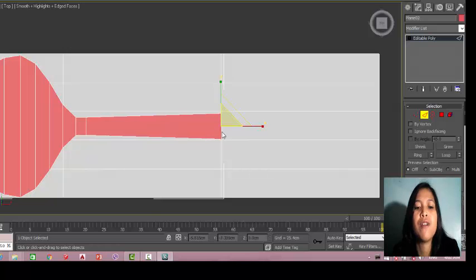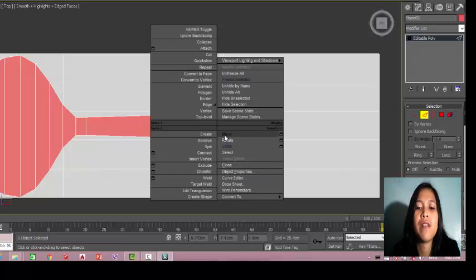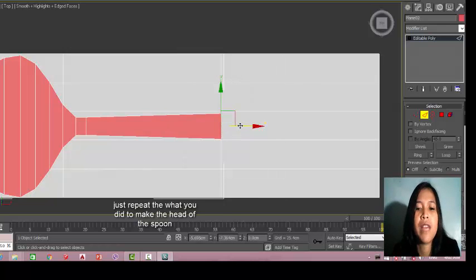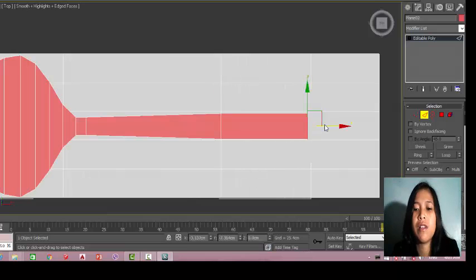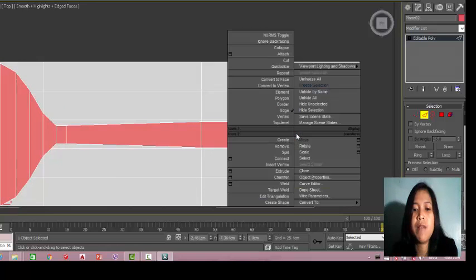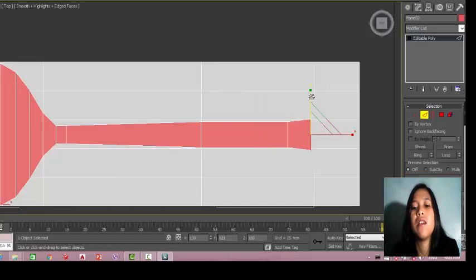Then I move it, right click and move again, hold shift, and drag it here like this. I'll make it wider again through scaling like this.